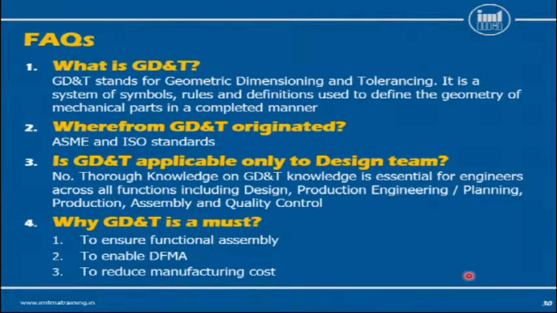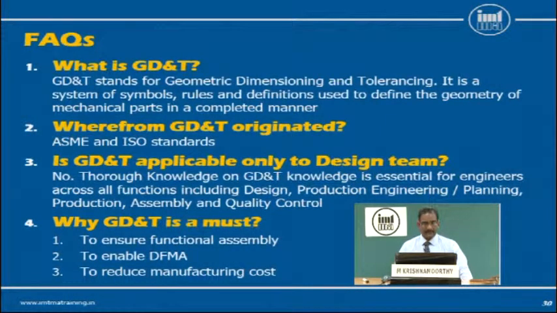GD&T is a system of symbols, rules and definitions enabling the designer to communicate his design intent clearly in the drawing. The origin of GD&T is from ASME and